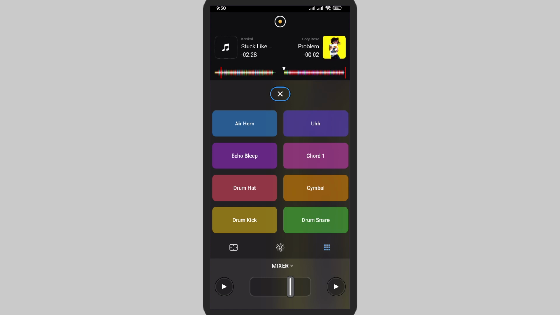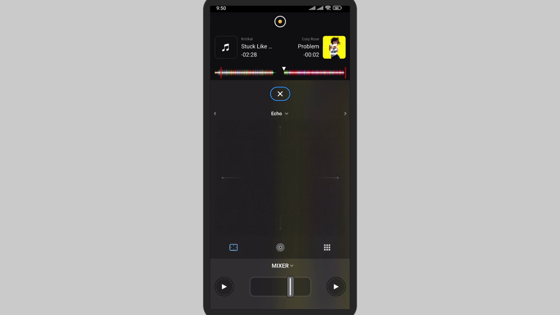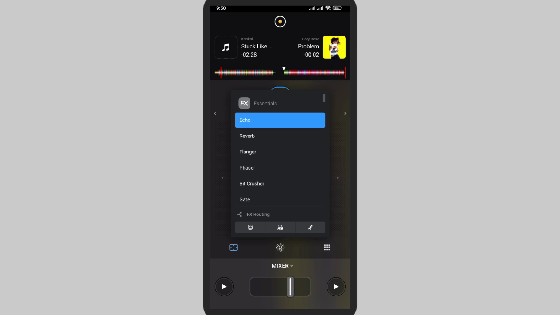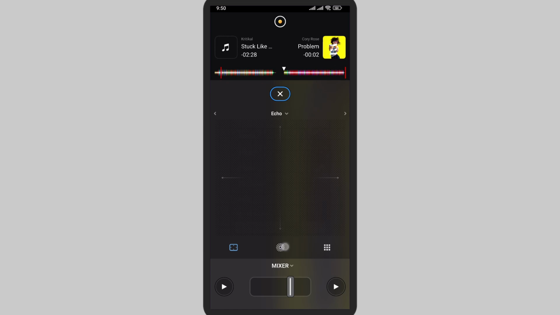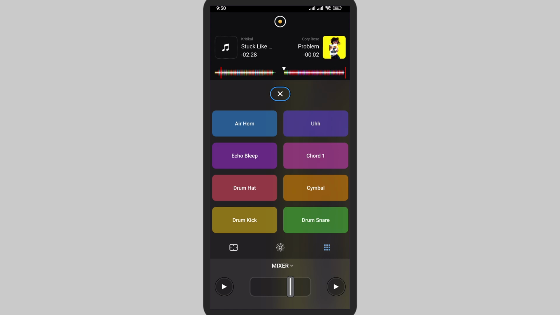Here you'll be able to see different beats that are available. Here you can see different grid view and other view that you can select from. Here you'll be able to find options like echo, reverb and flanger also. Now you can customize it and use any one of these effects in whichever beat or whichever music that you want to select. So here you can simply tap on the one and it will automatically be selected and you can use the